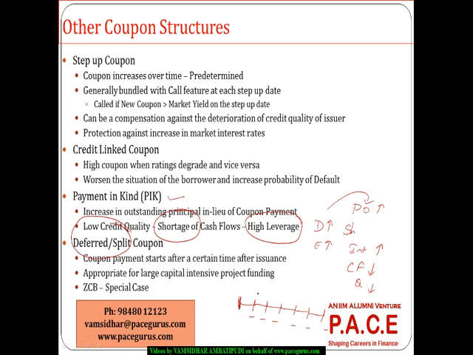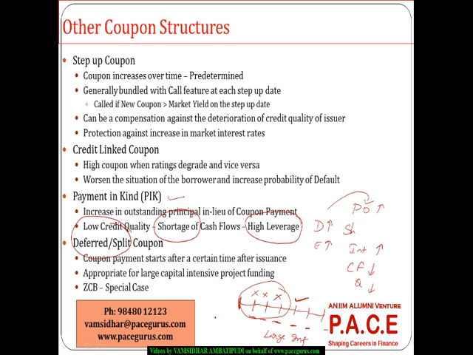Now in a deferred coupon, at least the first few initial coupons are not paid. The first coupon payment will commence only after a specified period of time. Again, this is more suitable for those companies which do not receive cash flows in the initial few periods, and the real cash flow commences only after a certain point in time. Especially large infrastructure projects, they have a very long building period